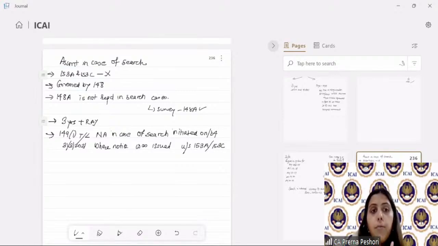Now, in case of 149, there is a time limit of 3 years, right? Now, there is section 150 of the Income Tax Act, which is an exception to the time limit of 149. And what does it say? Section 150 subsection 1 says that the restriction of the time limit under 149 is not going to be applicable where notice is issued under 148 for making the assessment